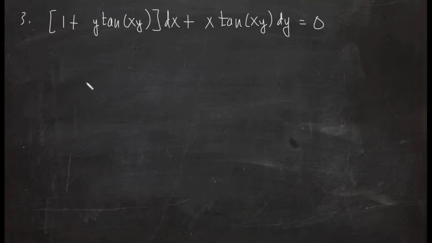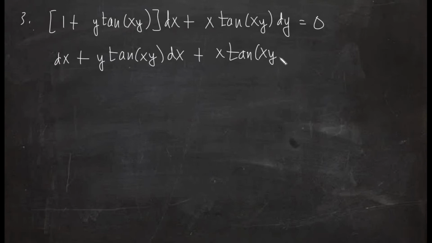Okay, let's go to problem number 3. We have quantity 1 plus y tangent of xy close quantity dx plus x tangent of xy dy. So first, distribute. We have dx plus y tangent of xy dx plus x tangent of xy dy is equal to 0. Now the first and the third term, we can factor out tangent xy,